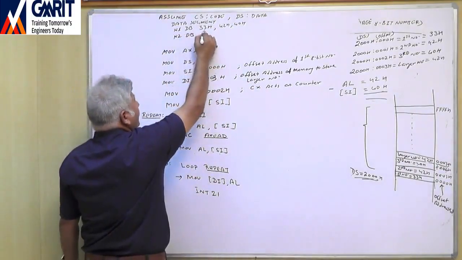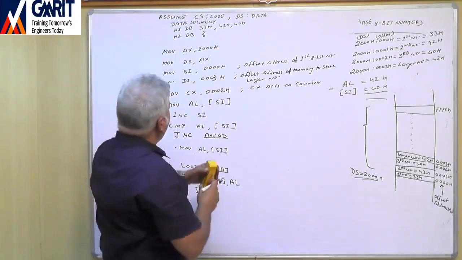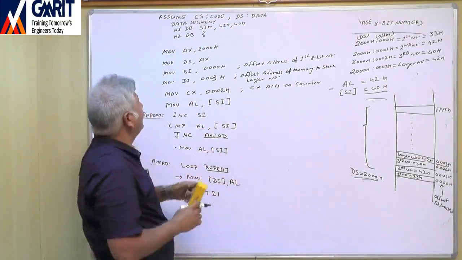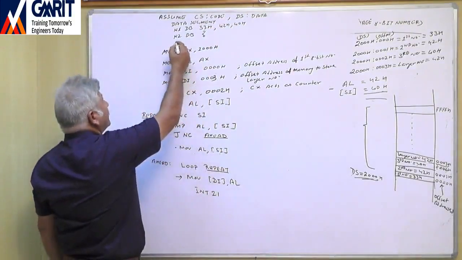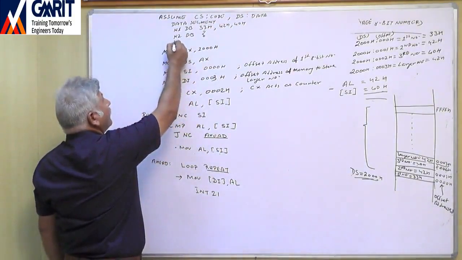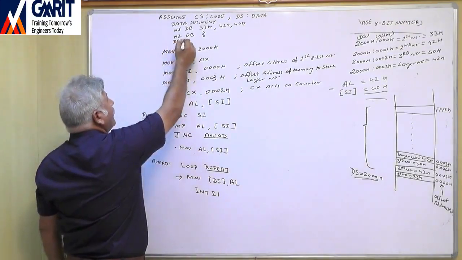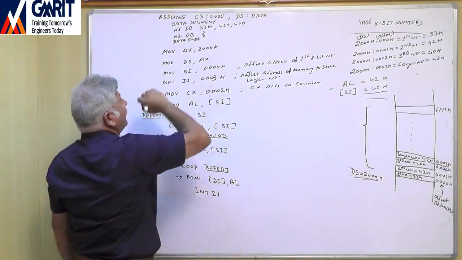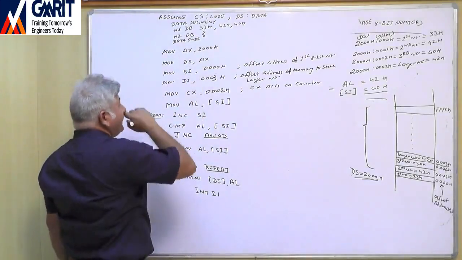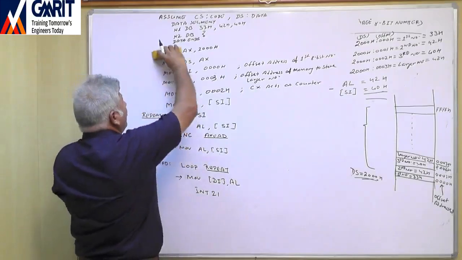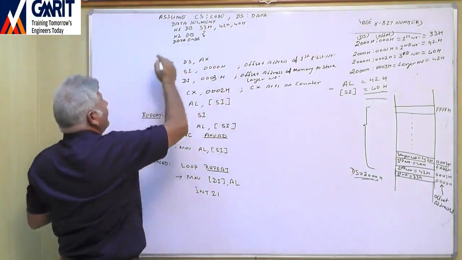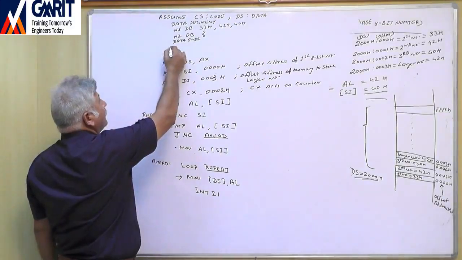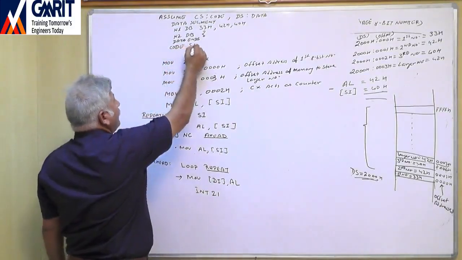DB, and result is unknown, right? Because if we change the numbers, then some other result may come. That's why we don't put any value here. And after this, data ends. After this, we will start code segment. So for the code segment,